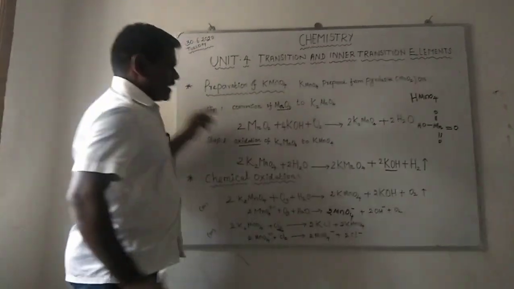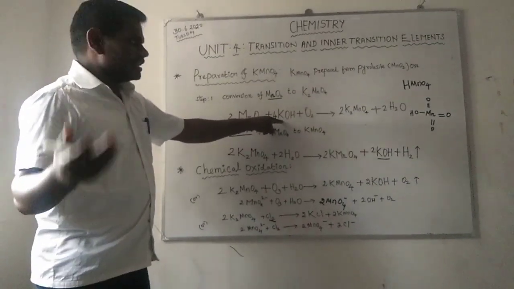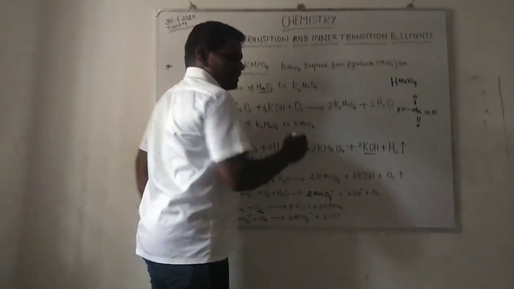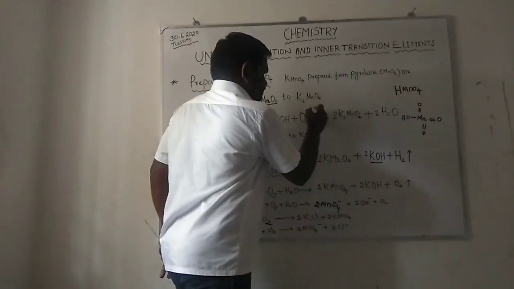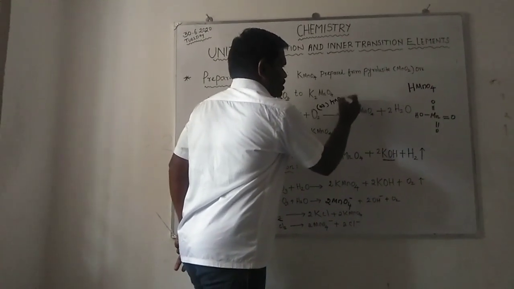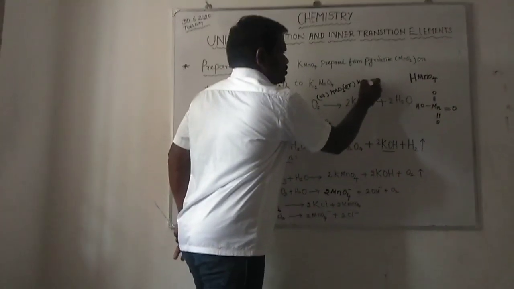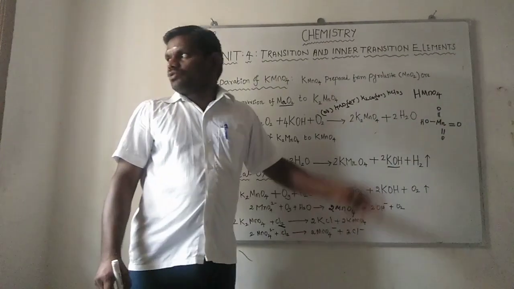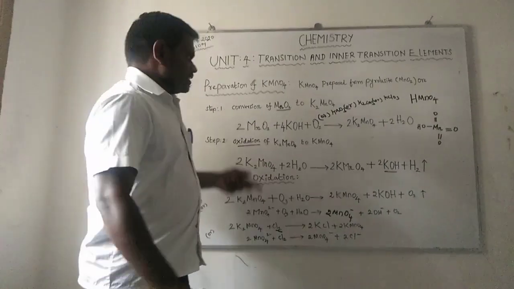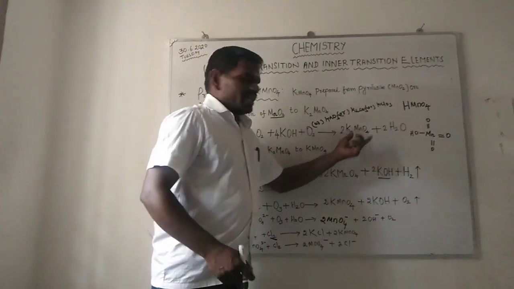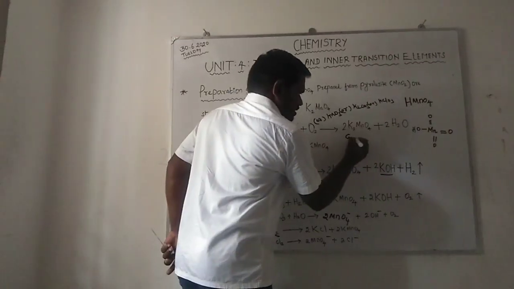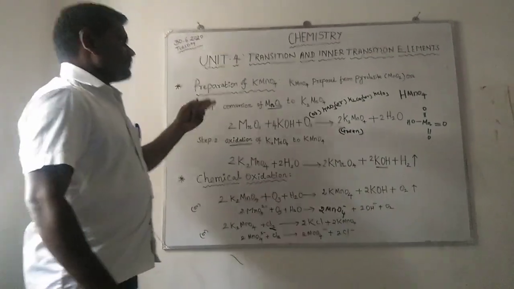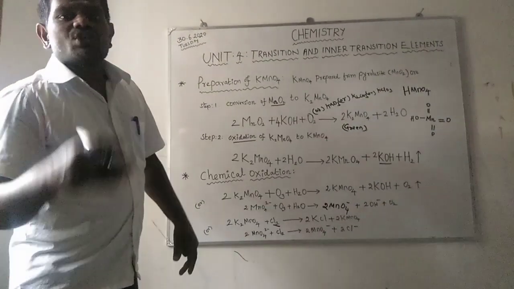Two moles of pyrolusite are treated with an alkali base and undergo oxidation with the help of a very good oxidizing agent such as KNO3, K2CO3 or KClO3. These are used as very good oxidizing agents. In this process we get potassium manganate, which is a green colored substance. The green substance is produced during the first step, the conversion of pyrolusite to potassium manganate.